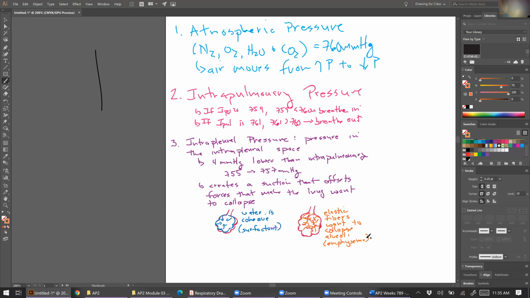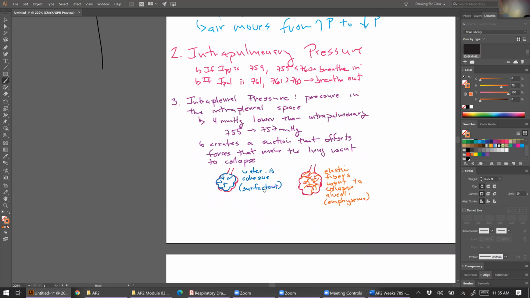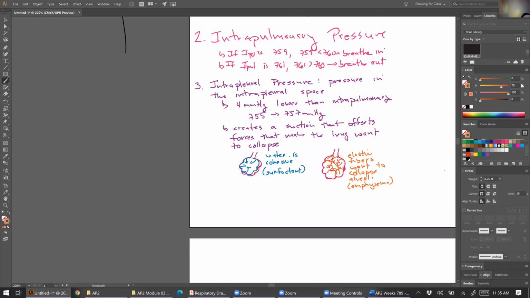I always like emphysema as an example because most people think that breathing difficulties are difficulty breathing in, but emphysema is actually a difficulty breathing out. You can breathe in just fine, but since those elastic fibers aren't there, the lung does not want to recoil after you've taken a breath, and so it's hard to breathe out. All right, so those are two important forces because, for one, if anything messes with elastic fibers, then that's going to cause emphysema-like symptoms. And also, if there's extra water in the lungs, then that means it's more cohesive, and that means it's harder to breathe. The last one we have is